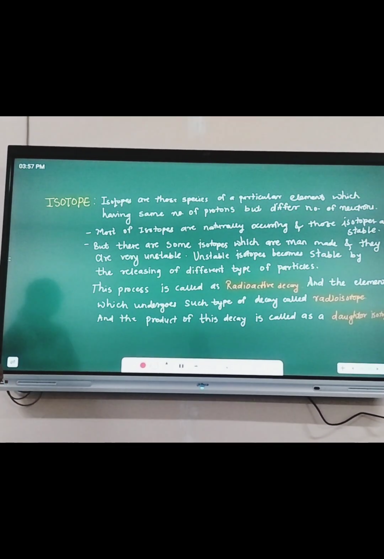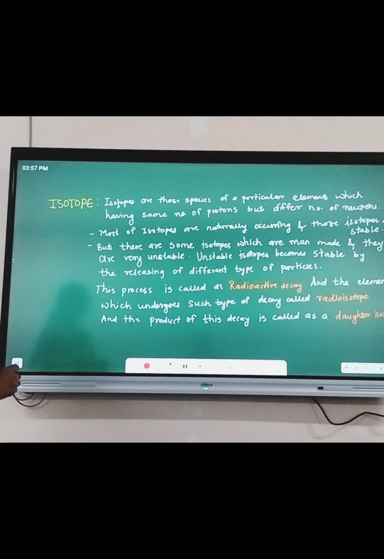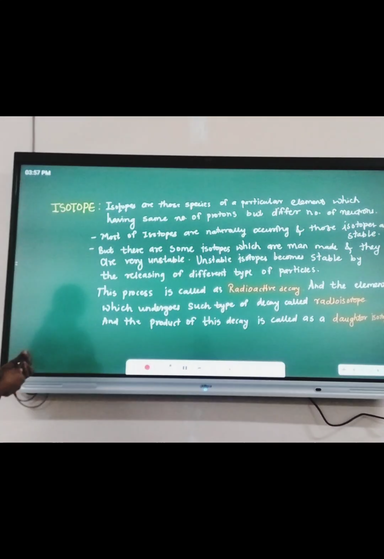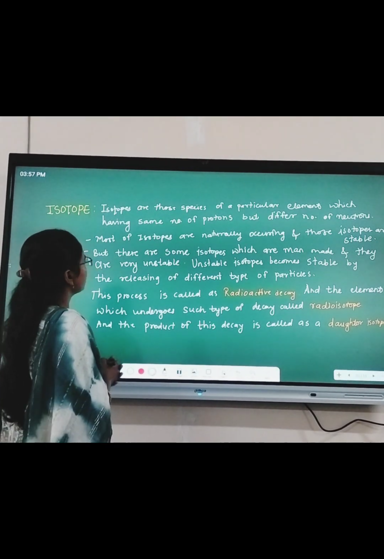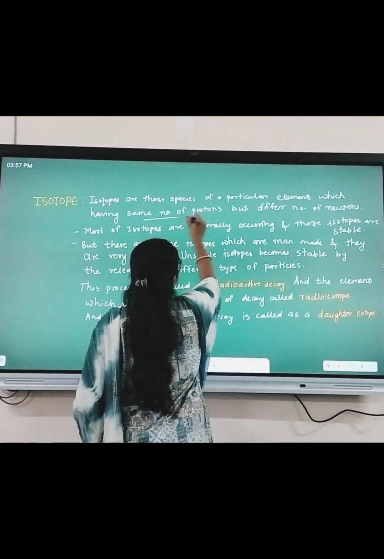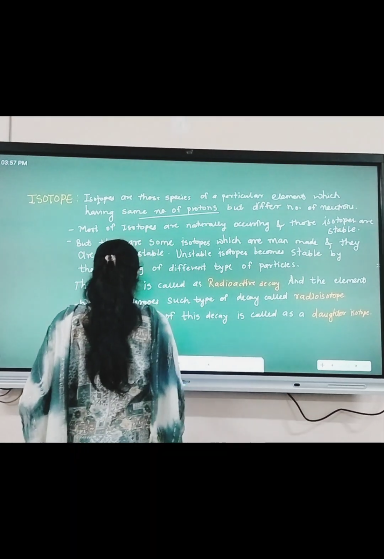Then the next concept is isotopes. Isotopes are those species of a particular element which have the same number of protons but a different number of